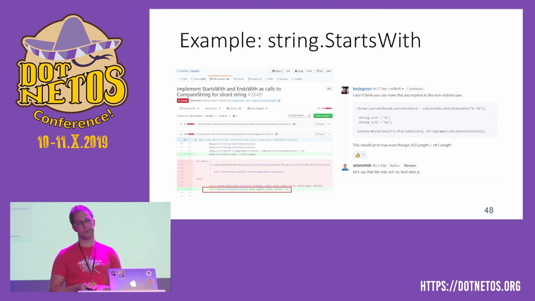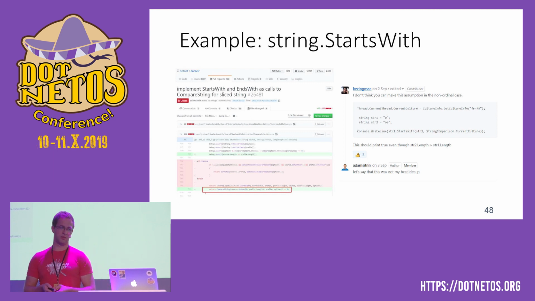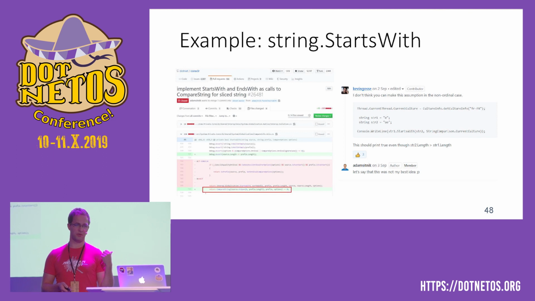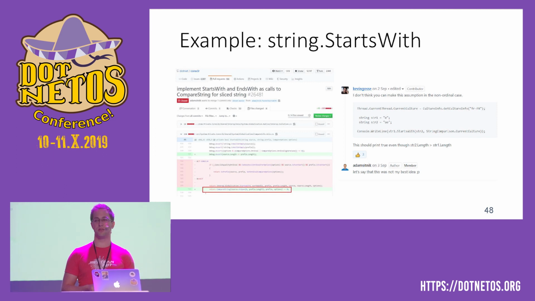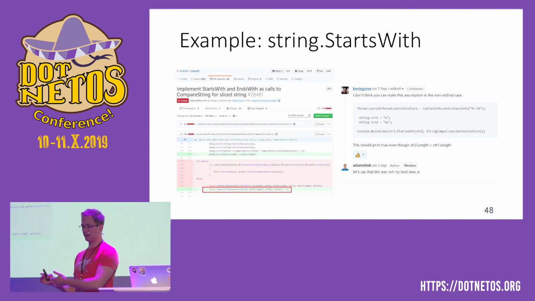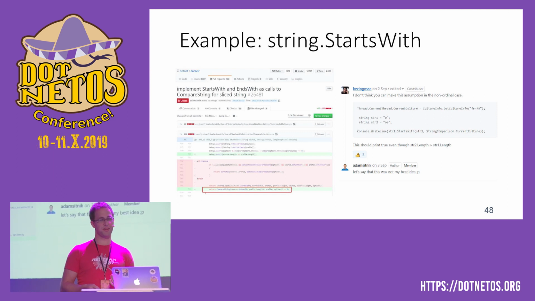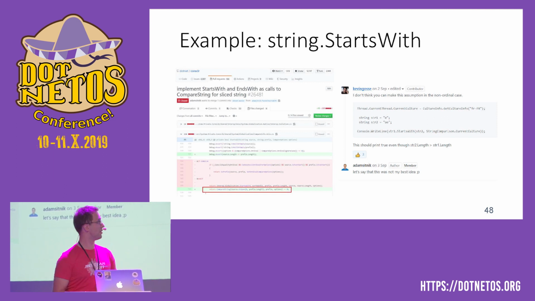And just to show you how important it is, a few weeks ago, Kevin reported a problem that starts with "works very slow on Linux with .NET Core." At this moment, I had close to zero information about how complex Unicode really is. So my first idea was: instead of calling such an expensive native API for StartsWith, I will just subslice the string to the length equal to the length of the prefix and call string compare, which I know is very fast. And Kevin very quickly pointed out to me that there are some languages like French where you